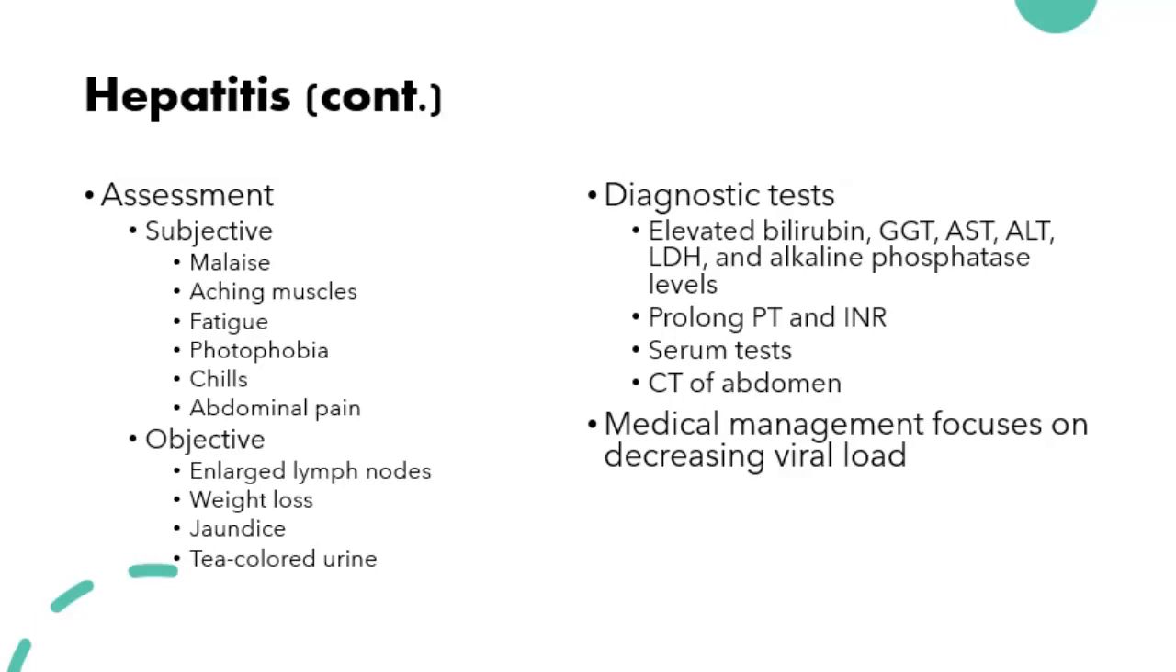Serum tests can be done for the presence of antigens associated with hepatitis, and a CT of the abdomen will reveal hepatomegaly, which is an enlarged liver. Your medical management for hepatitis is going to focus on decreasing the viral load. So interferon helps decrease the disease progression. This is an antiviral. There's going to be different interferon meds for Hep B and Hep C, but you want